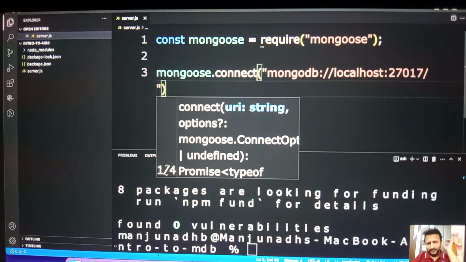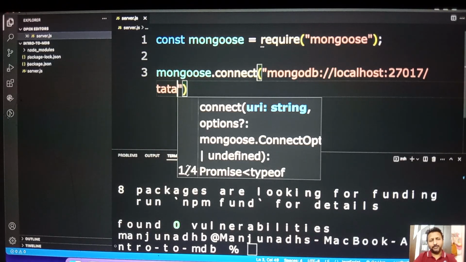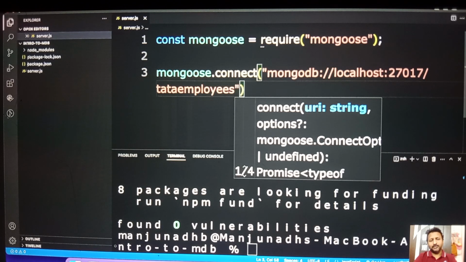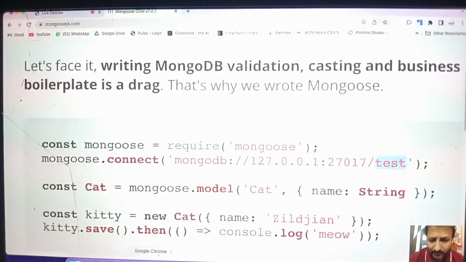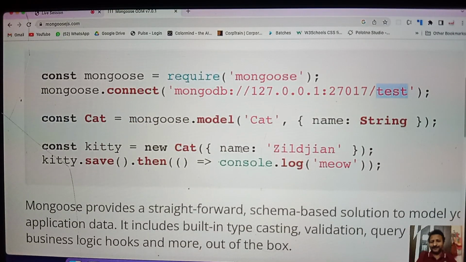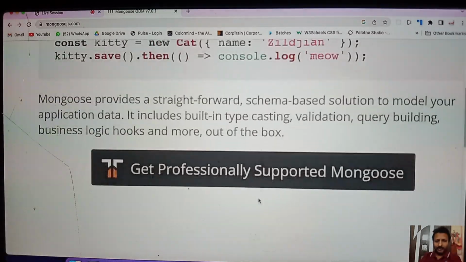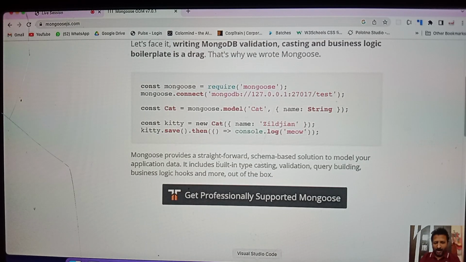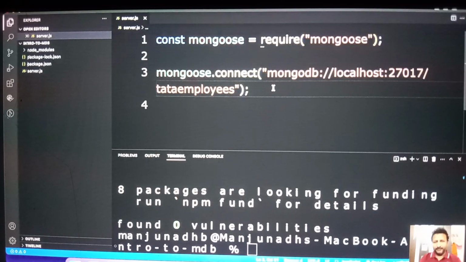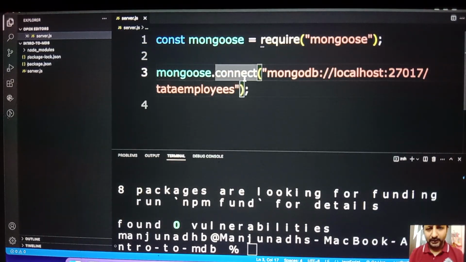Now I'll say Tata employees. Now I am trying to connect to a database called Tata employees. Once it is connected,